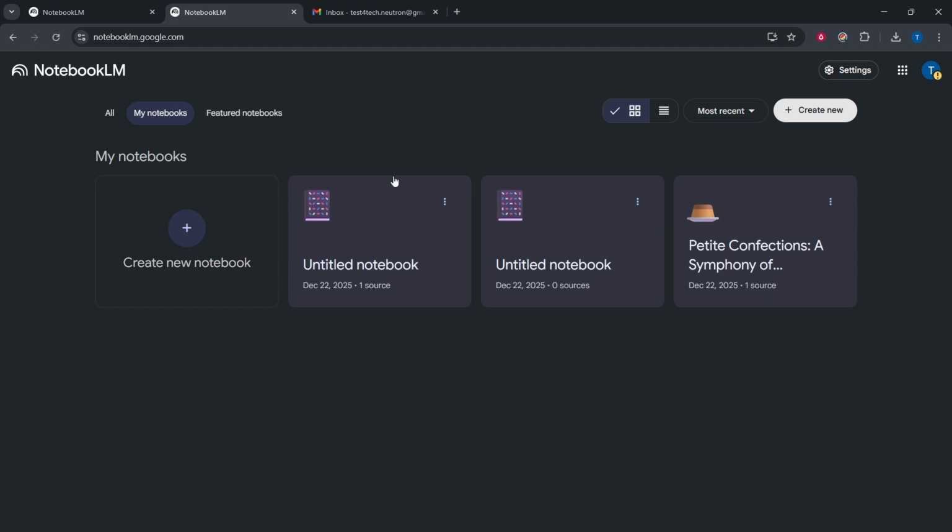pane. For best results, keep your files clearly named, and avoid uploading sensitive or confidential documents you don't intend to store online. With your PDF added, you're ready to explore